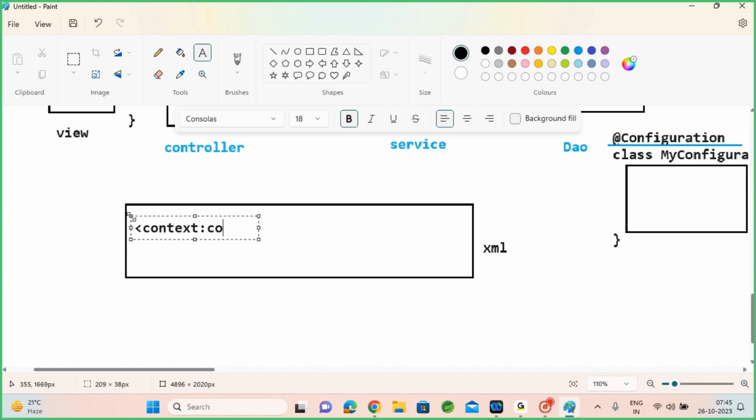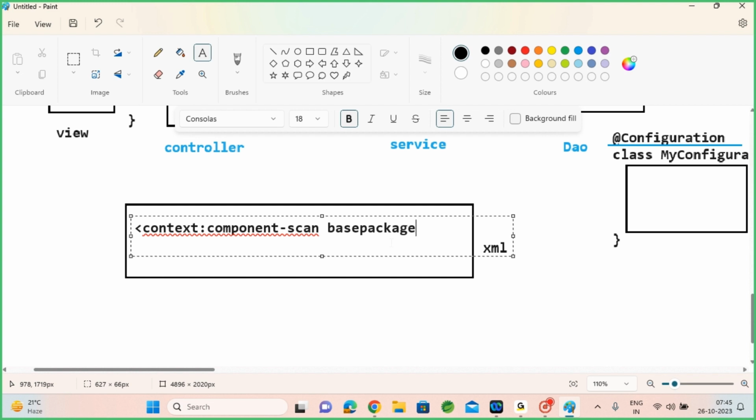Using this context namespace, there is a tag called component-scan: context:component-scan, base-package equals, you need to enter your classes' package name. Usually we start with com.organizationname.applicationname. Let's say it is employee management system, EMS.*